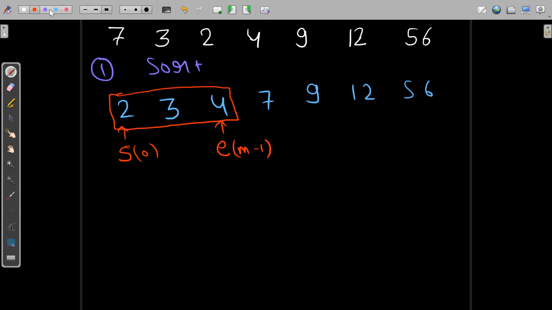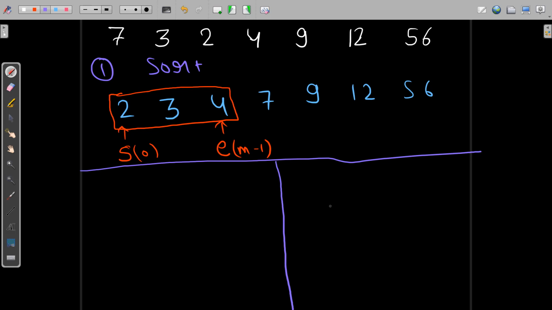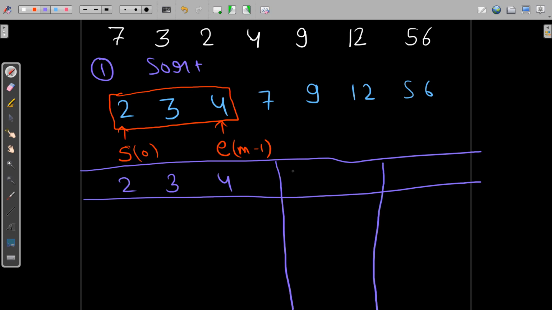Now when we move this window, we will keep track of the current difference, and we will also make a global variable to keep track of the minimum. Let me show you what I mean. Initially our window is 2 3 4, and the difference is 4 minus 2, the packet with maximum chocolates minus the minimum, which is equal to 2.